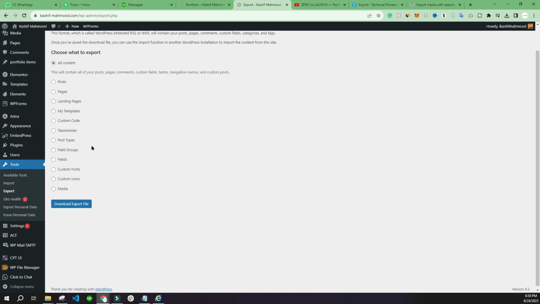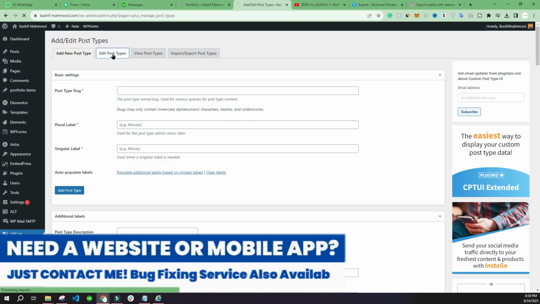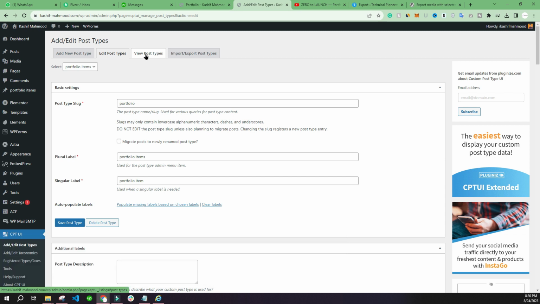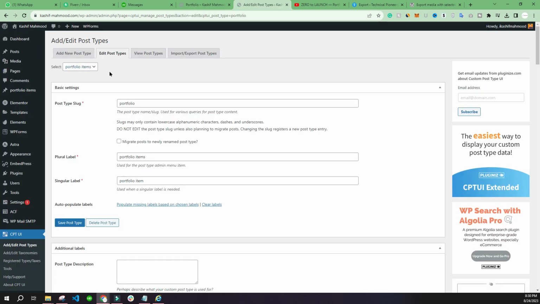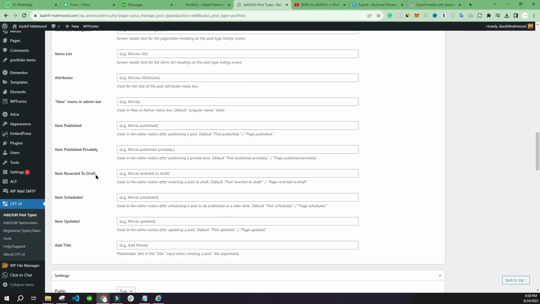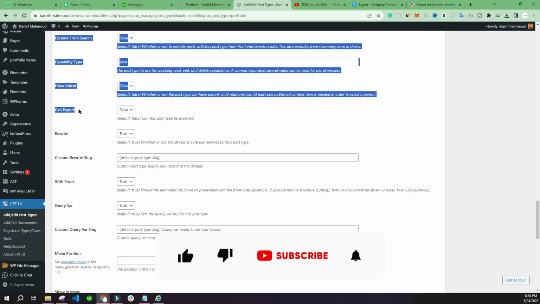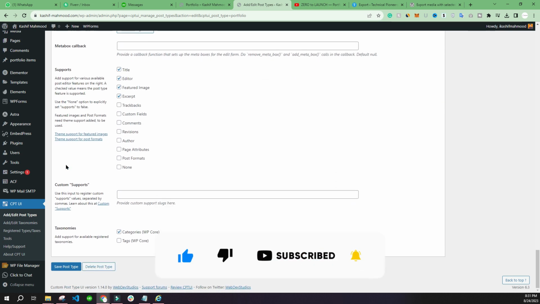To fix this, we will have to go to the custom post type plugin that we are using, and here we will have to go to edit post types. Or if you are having multiple post types, then you will go to view post types and select the post type that you want to edit, that you want to export actually. To enable the export option, you will have to scroll down, and here you will see this option, can export. It is set to false, so we will have to set it to true